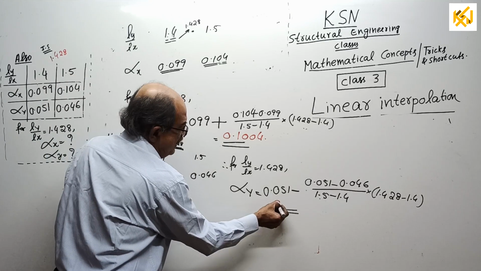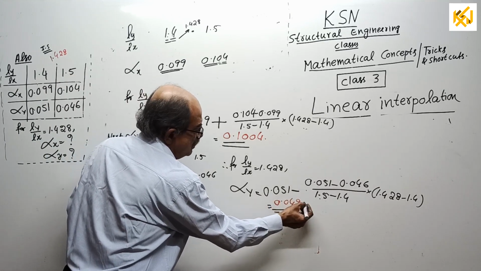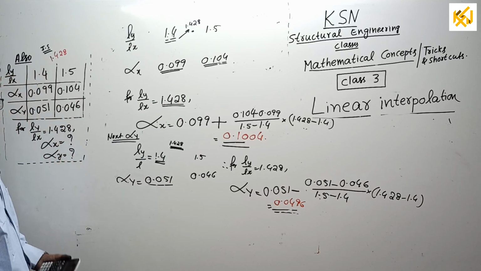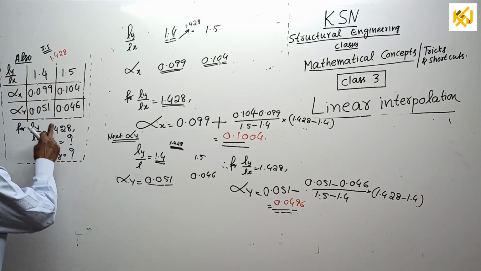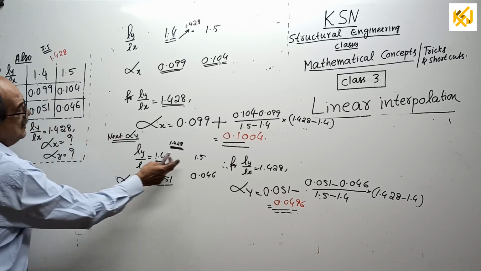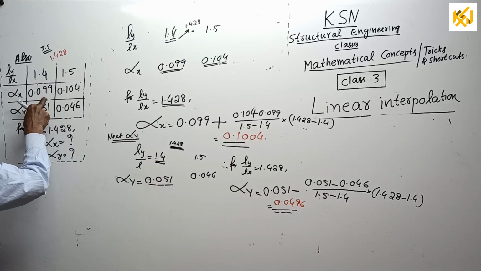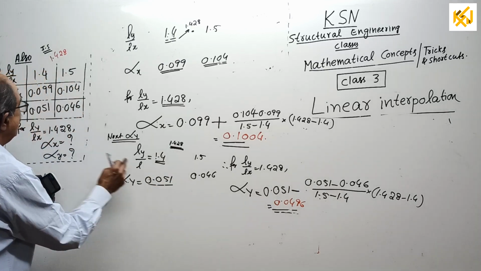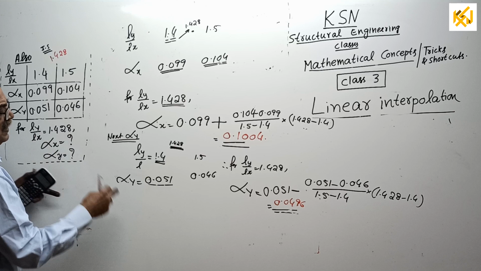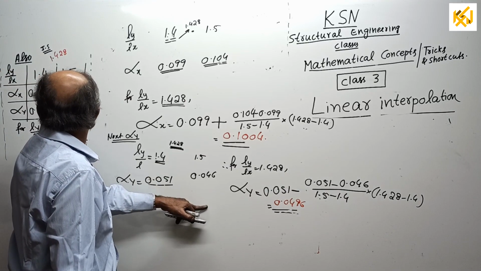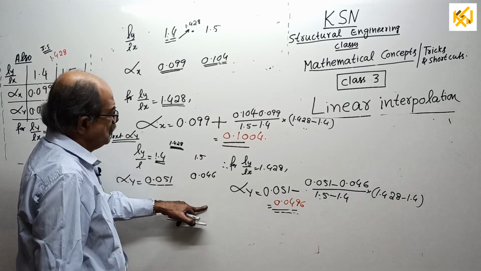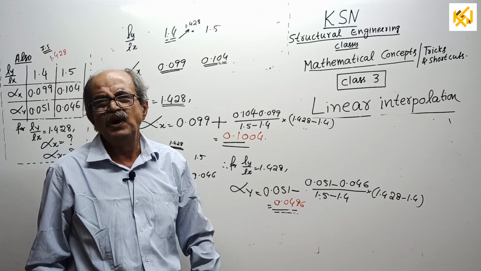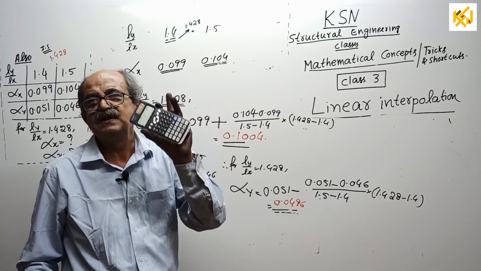See, when I write something, I can make out. Sometimes students will tell, what is the answer? Sir, 0.058. What do you mean by that? It has to come in between. These values should come in between. Otherwise, it becomes nonsense. Now correct. See, 0.0496 comes in between. If any calculation is wrong, you correct it. Never bother about the calculation part.